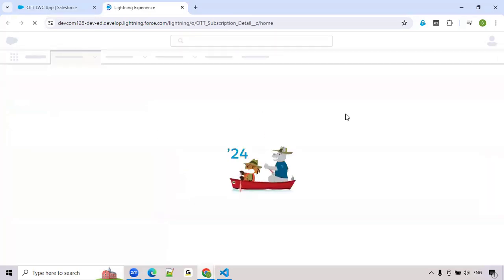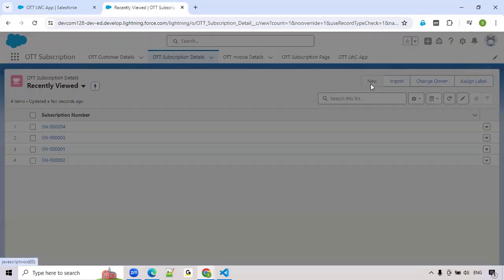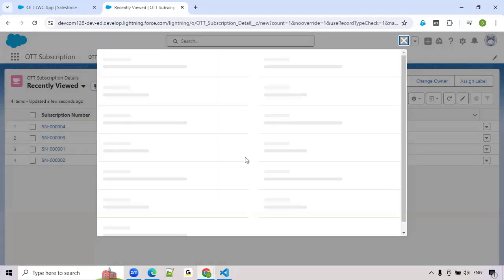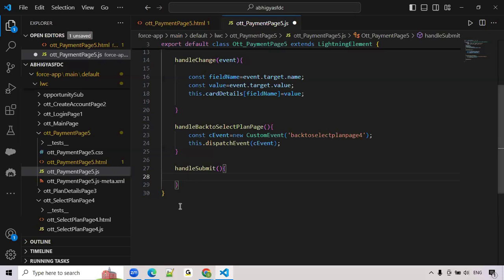So let's see here. If you click on new, if it is an already existing customer, we already have the customer ID, right? And the plan name we are getting from the previous screen, then plan type, and date is the current date on which this is running. So 1, 2, 3, 4 fields we need to map here. How are we going to map them one by one? For this purpose we take a separate method,